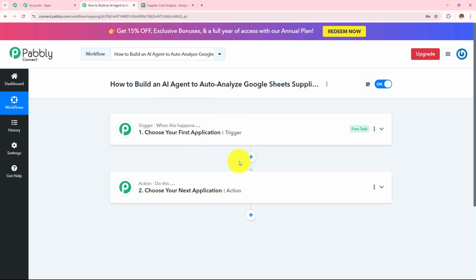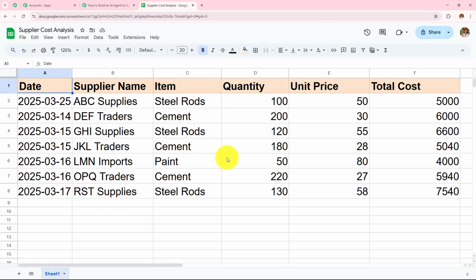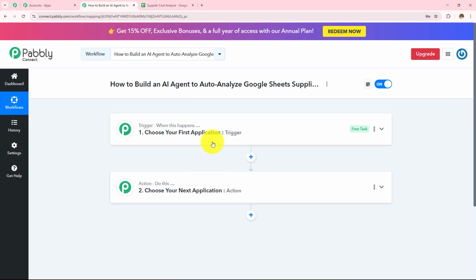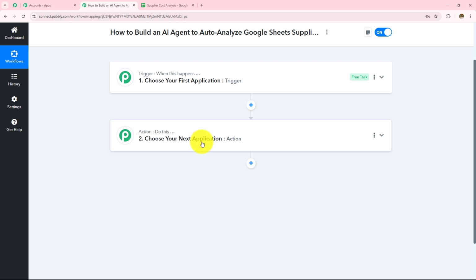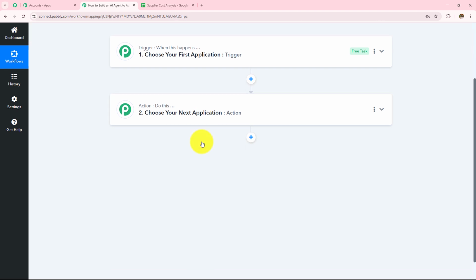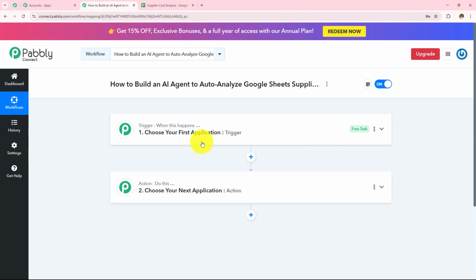Here in this workflow, I want to build an AI agent to auto-analyze Google Sheets supplier cost, which means whenever I'm going to receive the data in this Google Sheets, the supplier cost analysis will be automatically generated with the help of an AI agent. Here I'm going to use OpenAI as my AI agent, and then I'm going to send that as a mail. Now here, I'm going to run this workflow on a weekly basis.